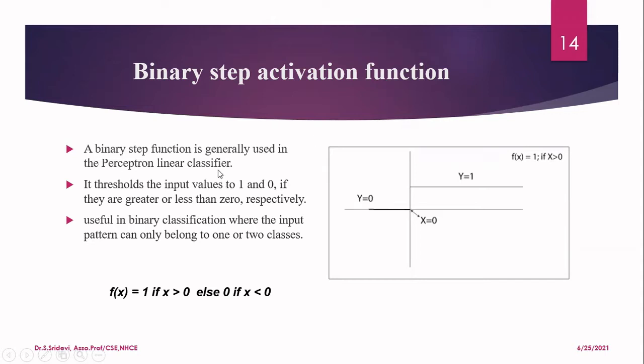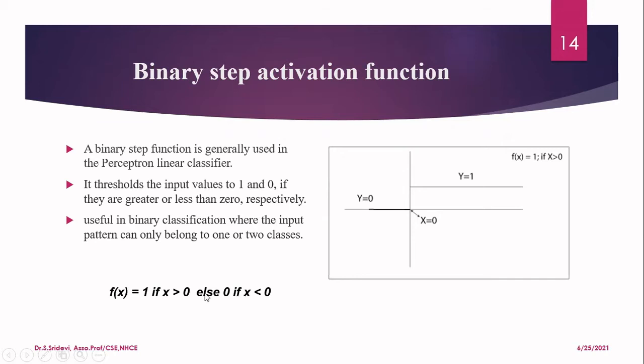This is generally used in a linear classifier, wherever you have two classes and want to predict one class out of those two, that is, binary classification. In that, the binary step activation function will be used. How this function works: you can see this equation, f of x is equal to 1 if x is greater than 0. This is my input x. If this input x is greater than 0, then my output y, which is f of x, is equal to 1. Otherwise, for all the remaining values, the output y will be equal to 0. If it is less than 0, it is 0. Even for 0, you can say it is 0.